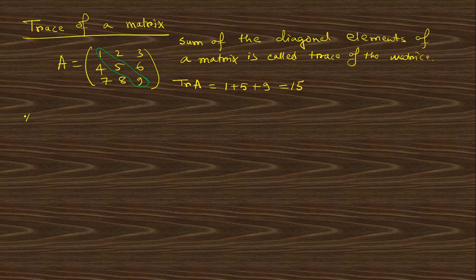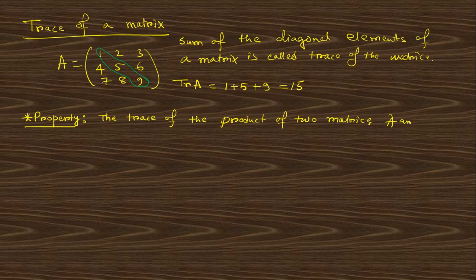Here is the property of the trace of a matrix. The property says the trace of the product of two matrices A and B is